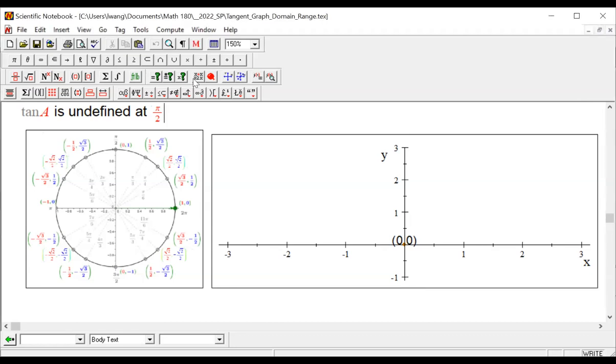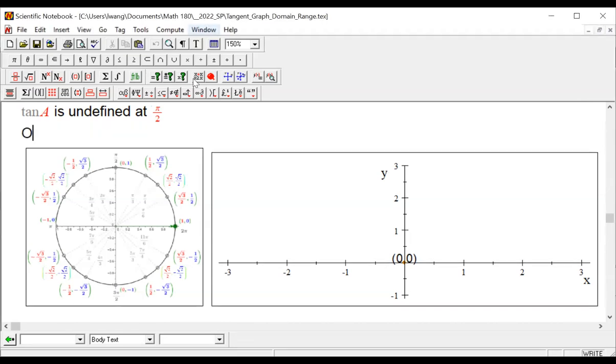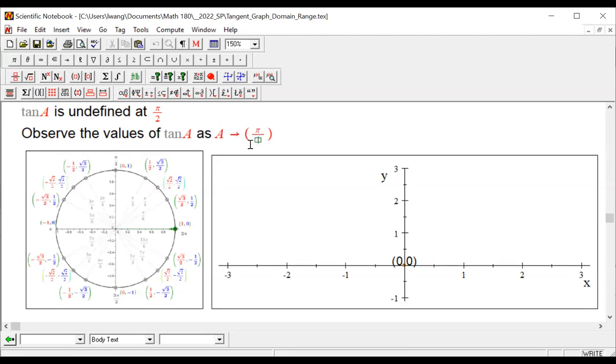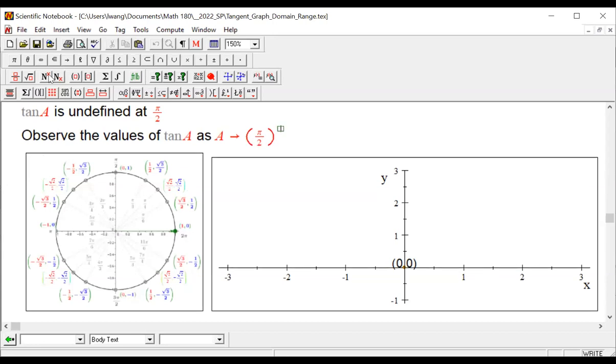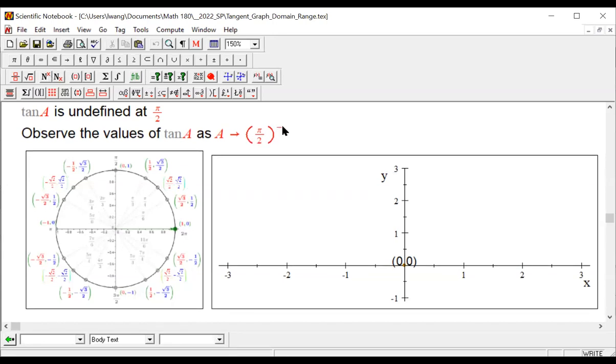What I would do is observe the values of tangent as the angle approaches pi over 2 from smaller than pi over 2. We put a negative sign on the shoulder indicating that we are approaching pi over 2 from smaller than pi over 2. On the number line,